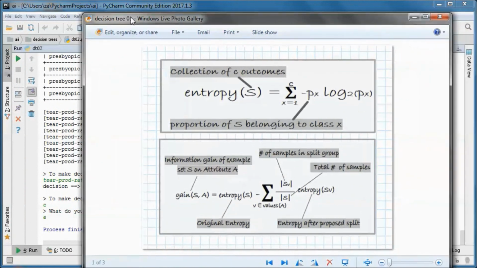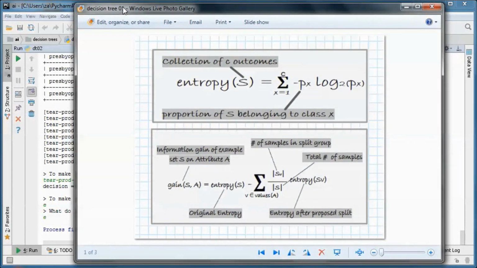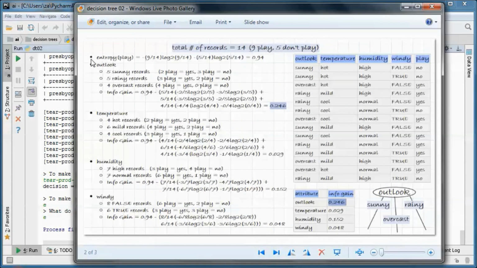And before moving forward to the code, those are the equations for entropy and information gain. And the best way to understand those equations is to go over the calculations. So here for the weather dataset, we are calculating the entropy, and then we are calculating the information gains for the four different features. So for outlook and temperature and humidity and windy.